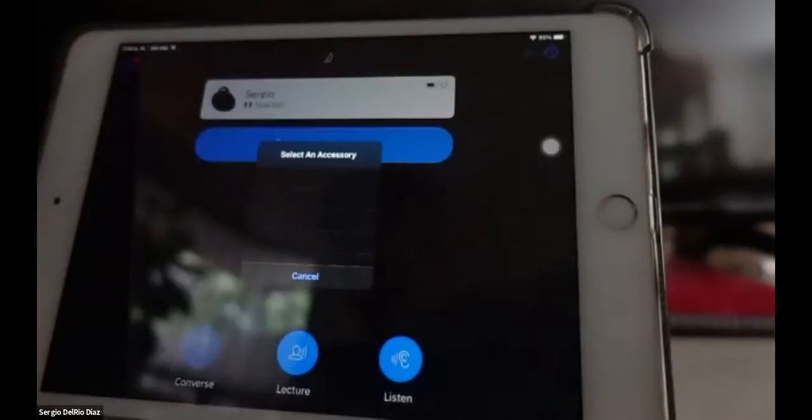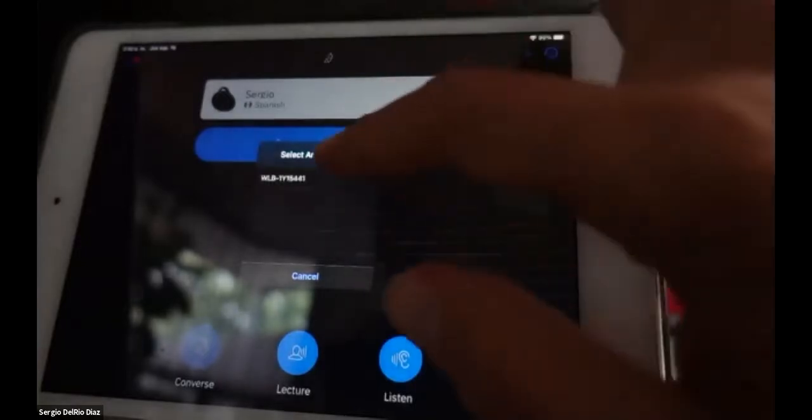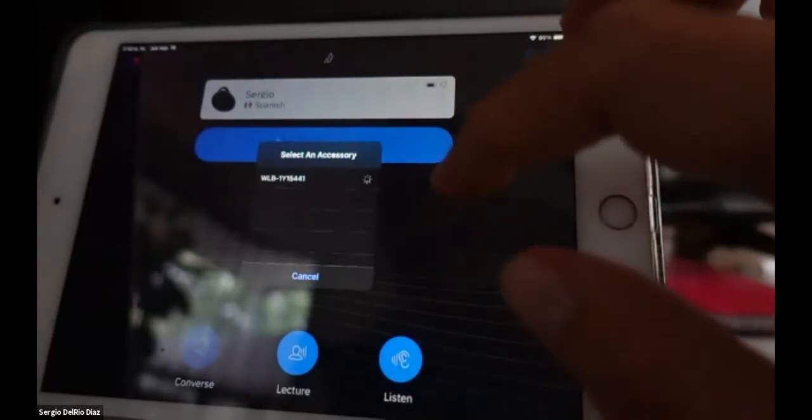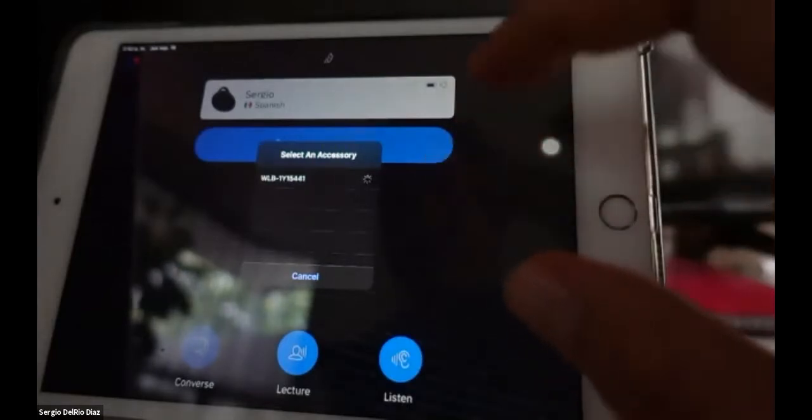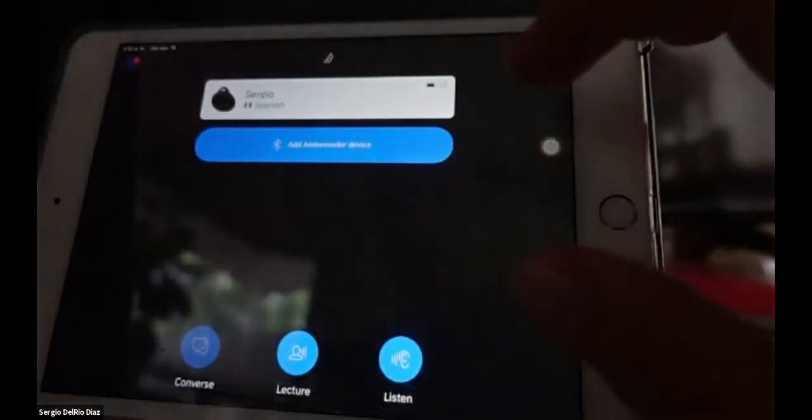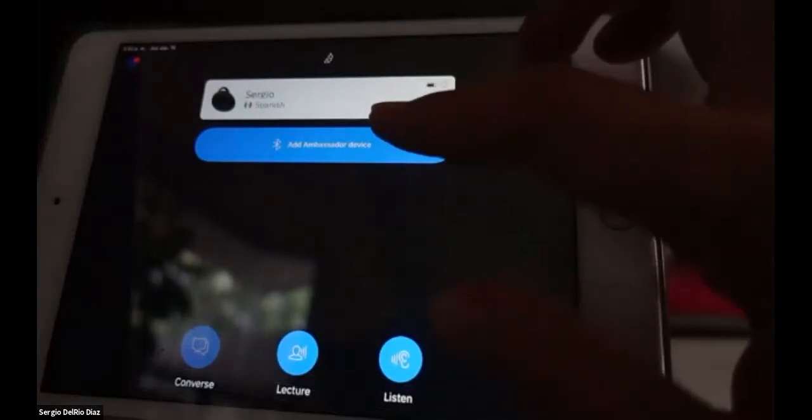Let me turn on a new device. So you'll see a list of the devices. And then once you see the device listed on the screen, you select it and it will prompt you to this screen. But after that, every time you turn the devices on, you will be able to just jump directly into this screen where you can select and do the